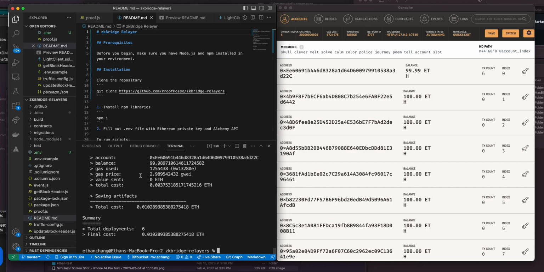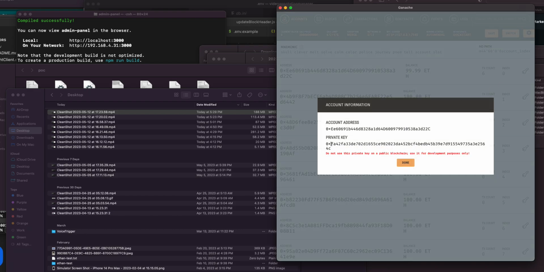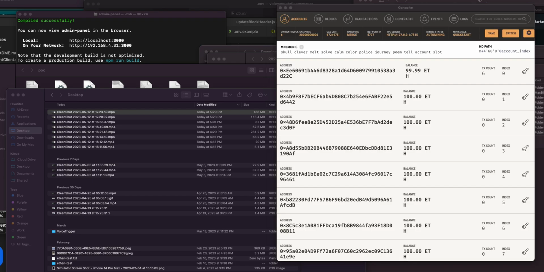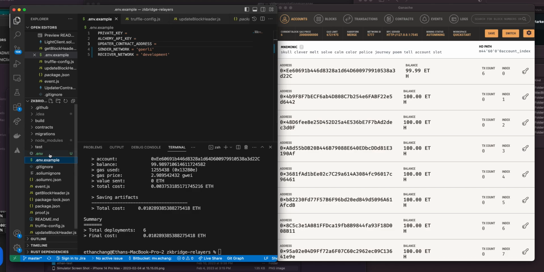And once we have the contract address for the updated contract, we will need to update that in the env file, which I'll be doing on the side here. Along with the other key variables such as the private key. After I update that inside the env file, there's an example of what it will look like, with some of the other variables that you would need, specifying the sender network, the receiver network, and the Alchemy API key for fetching using Web3.js subscribe